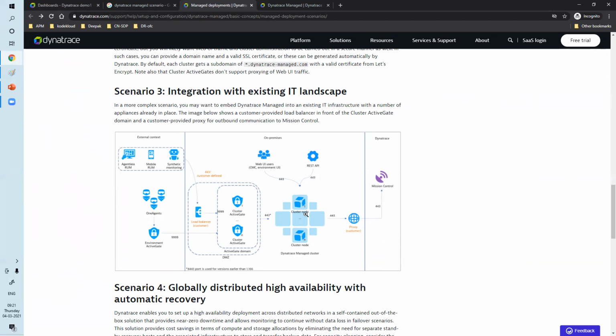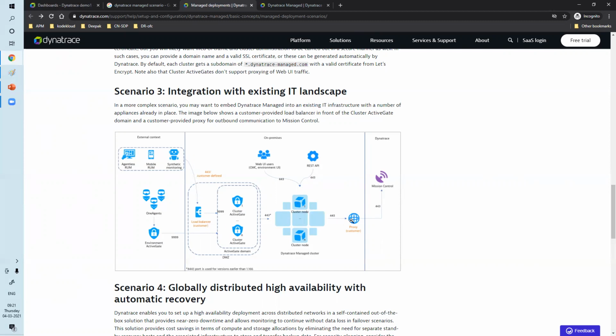Still, Dynatrace has access to your cluster node, because through mission control they can check your license details, your server health, server agent, cluster ActiveGate health status. Through mission control they can give you the option to upgrade your cluster node, cluster ActiveGate, agents, environment ActiveGate, and they want to check health status also.